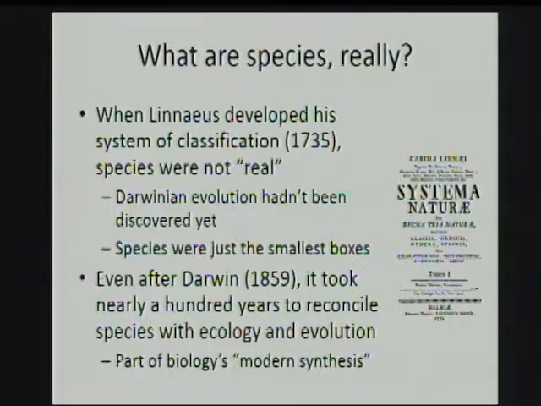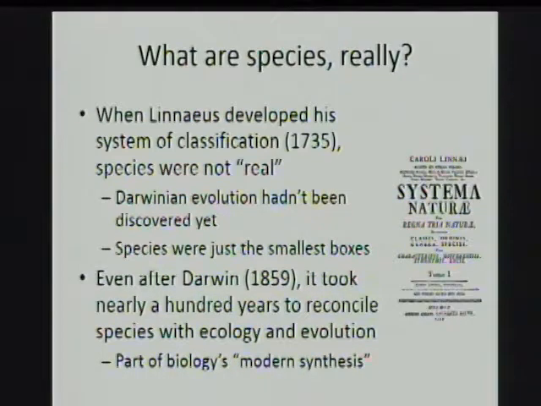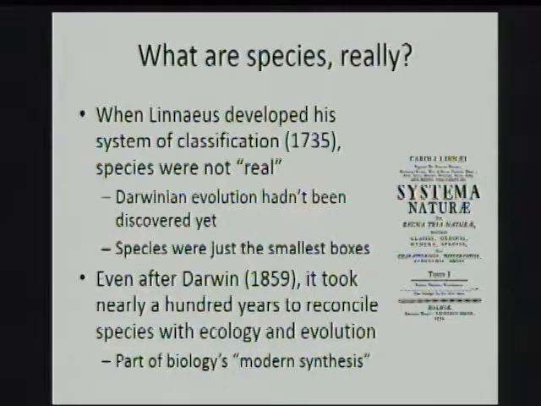So going down even farther into the specifics, and I promise we're going to come up for a breath of air in a second, to talk about an example. But what are species? We care so much about them. It's the unit of regulation, which becomes very important typically. So we do really have to know them. Where do they come from? Well, they come from Linnaeus, and they come from the 18th century, and they predate evolution. So when species were invented, we didn't think of them as evolutionary units. They were just the smallest box you could put something into.